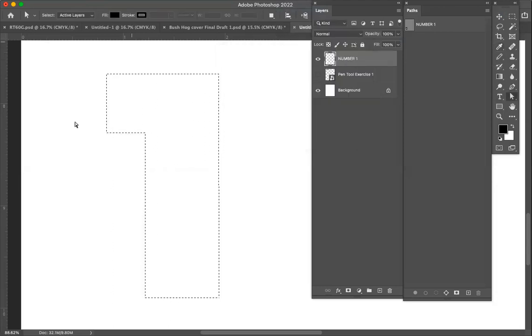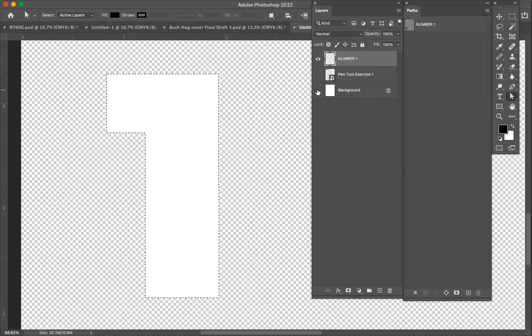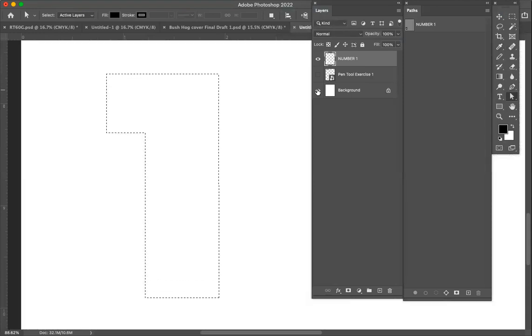And now you can't see it, but that number is actually filled with white. We can tell by turning the eye or the visibility layer off on the background, and you can see now that our number is white. You can also see that we still have our marching ants because we haven't released them from doing their job yet. Okay. So while we're still selected on layer number 1, we're going to go again to